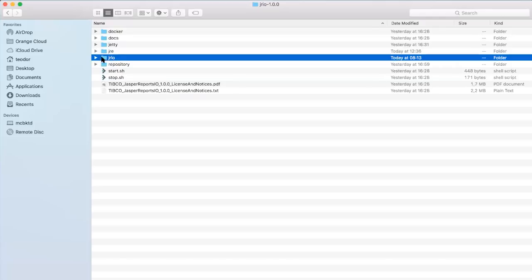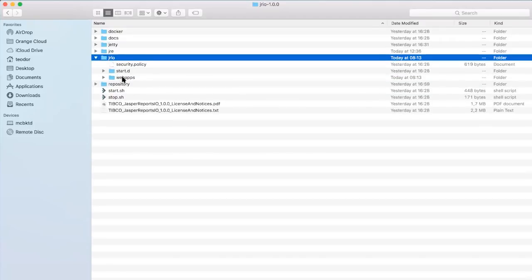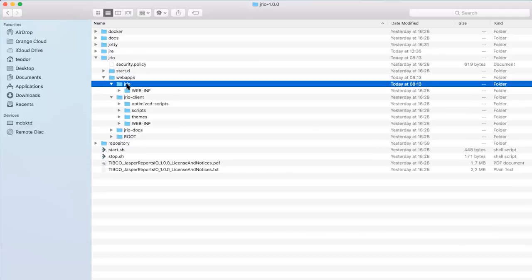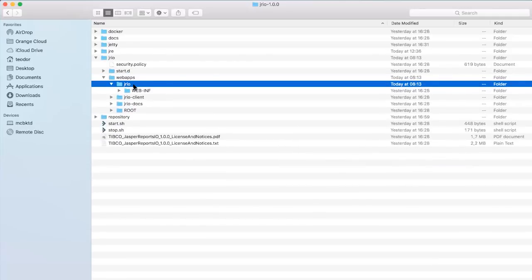The web application itself is under this folder called GRIO. If we go to the web apps folder, we see the GRIO folder. This is the main service we're talking about. This is the service that is going to produce all the reports and data visualizations that I'm going to show you during this demo. It is a pure REST API web application, and it doesn't have a UI of its own. So when we run it, there's nothing to look at because it's not a normal web application. We can only make calls to it, providing parameter data and get back the response and capture the output and